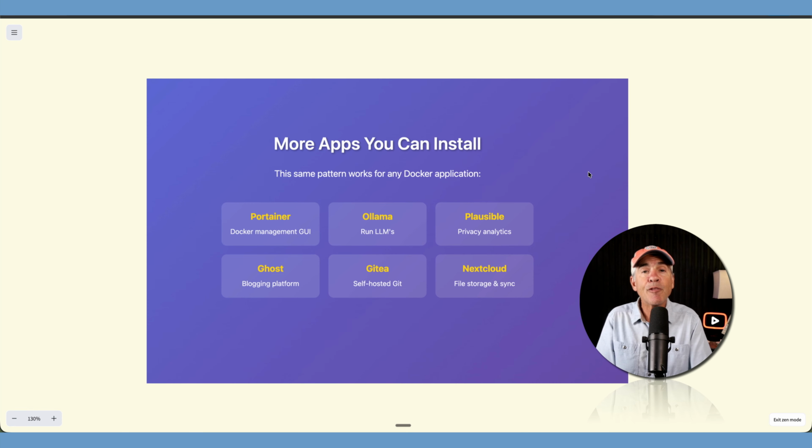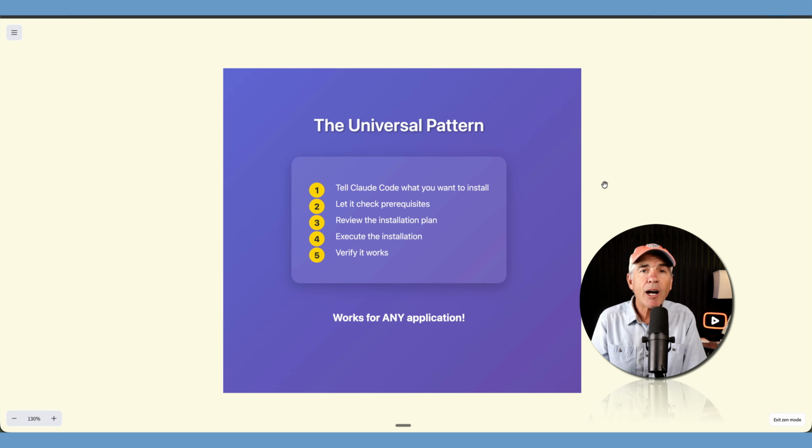Aw, thank you. If you want to practice and have Claude Code add some additional apps as Docker containers on your VPS, here's a few that you can test out. You can follow this same basic pattern for any apps or services that you install using Claude Code. First, tell Claude Code what it is that you want to install just to make sure that you're on the same page, and then let Claude Code check your VPS and give you the plan or the details of what it's about to do. Review the plan. If everything looks good, tell Claude Code to proceed and install on your VPS,